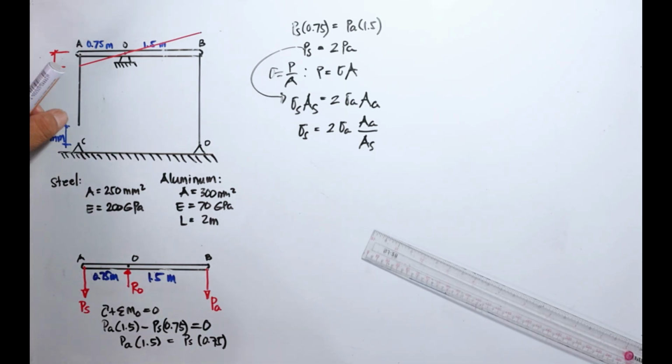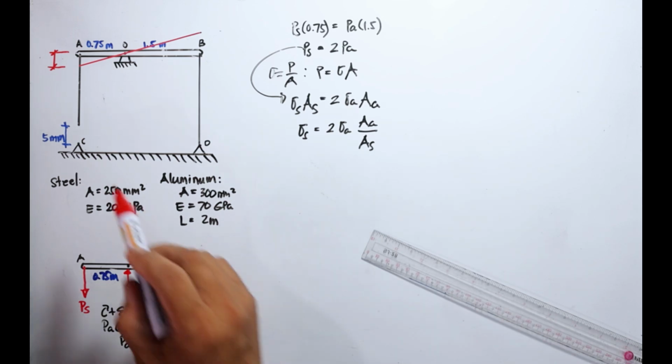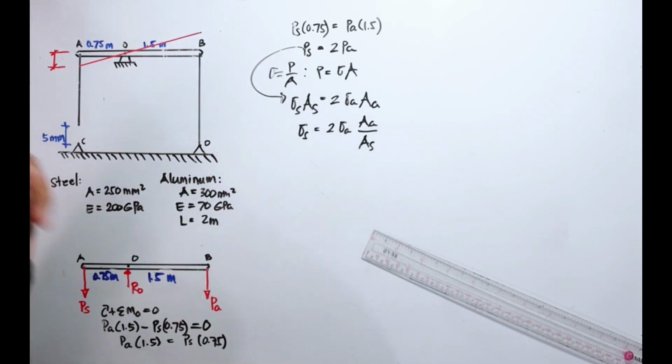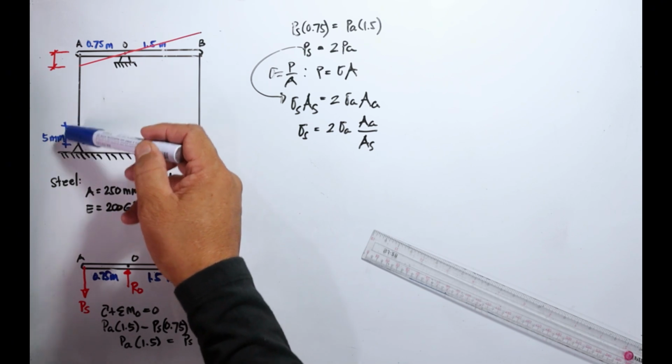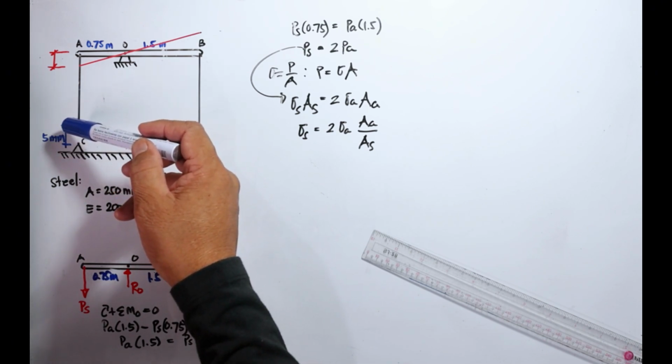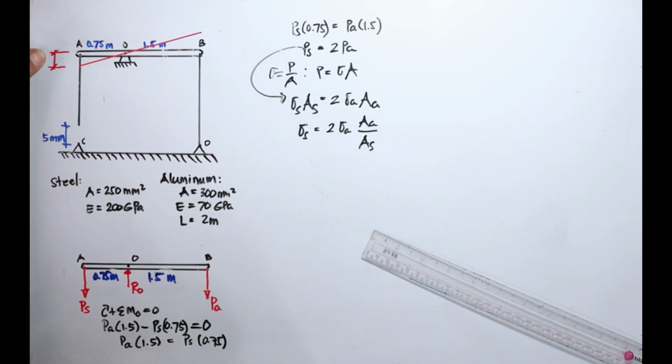So we pull the steel rod so that it will connect to point C, and we have a 5 millimeter gap here. So does that mean that this distance is also 5 millimeter? So is it 5 millimeter? The answer is no, because this one should be less than 5 millimeters, because we are going to consider the elongation of the steel rod. So if we pull this steel rod here, that means it will also elongate. So this is not equal to 5 millimeters anymore. In fact, it should be less than 5 millimeter.